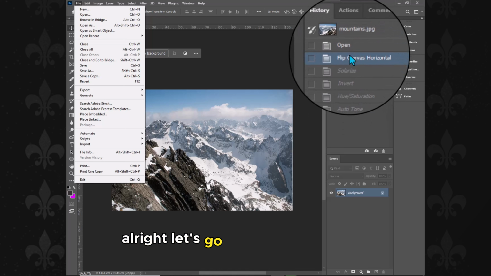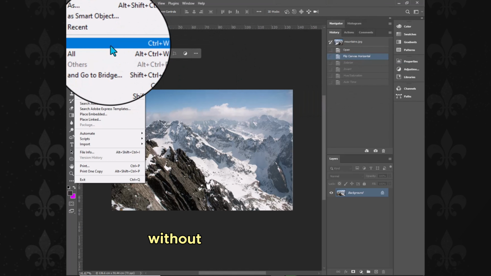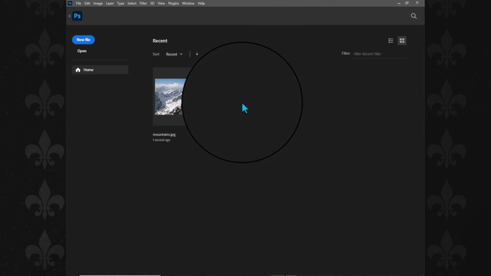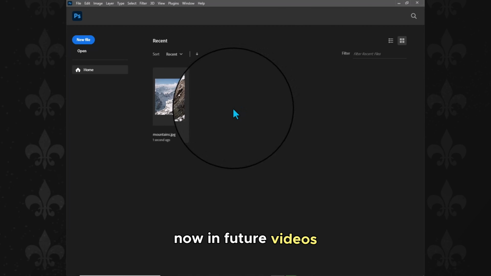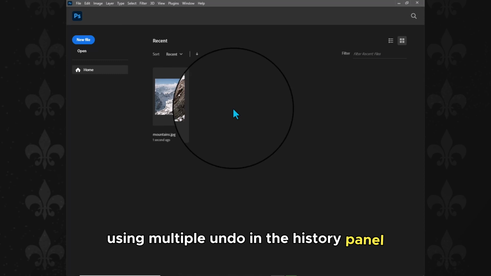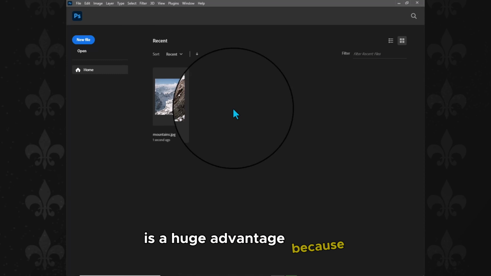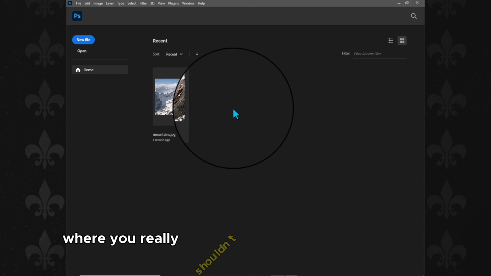Alright, let's go ahead and close this without saving any changes. Now in future videos, we'll discover additional ways to work non-destructively with smart filters and adjustment layers. But as you can see, the ability to go back in time using multiple undo in the history panel is a huge advantage, because it enables you to work in a much more flexible environment where you really shouldn't hesitate